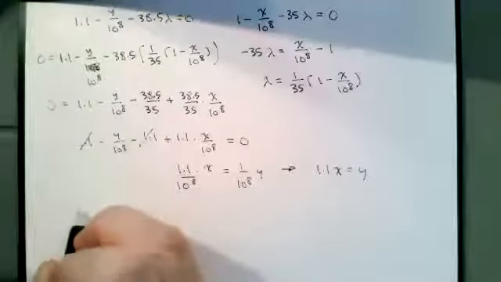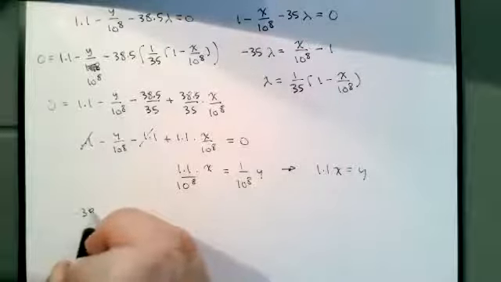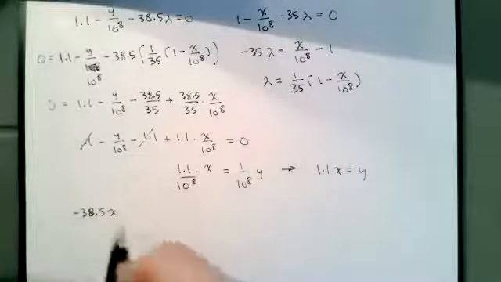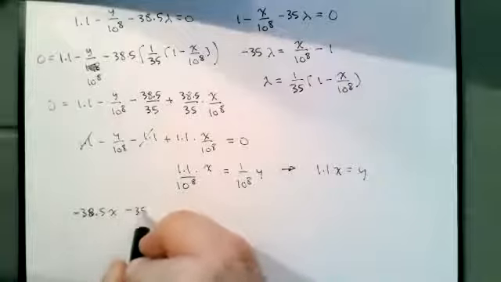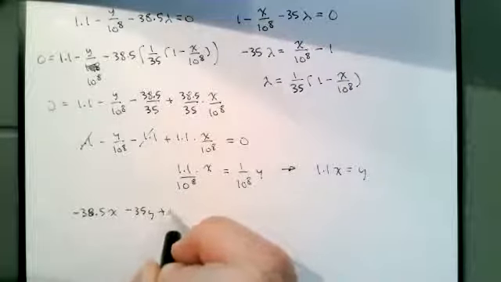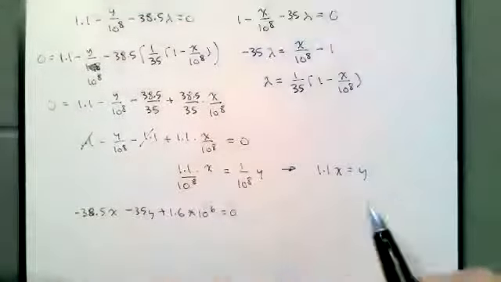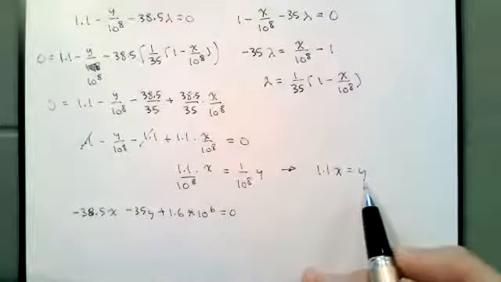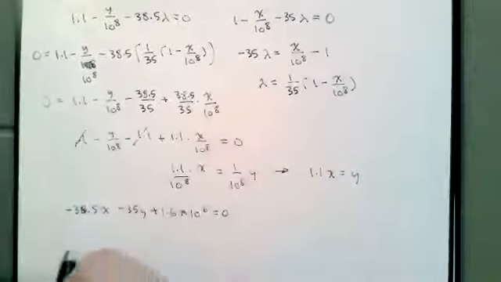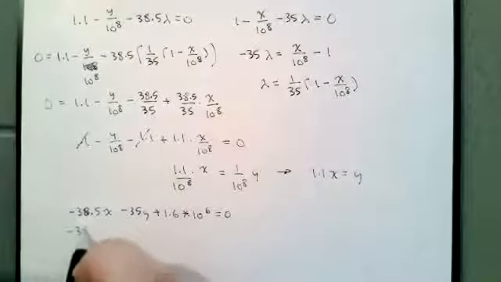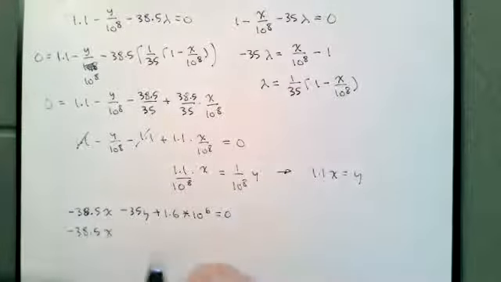So minus 38.5x minus 35y plus 1.6 million. Now I can take my 1.1x equals y and put it into my constraint. So negative 38.5x minus 35 times 1.1x